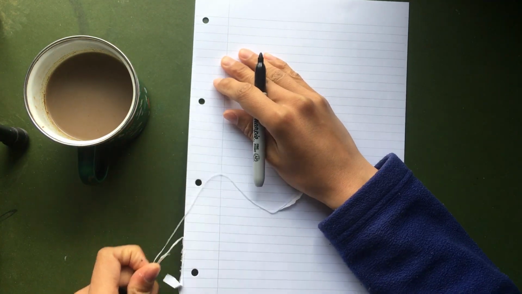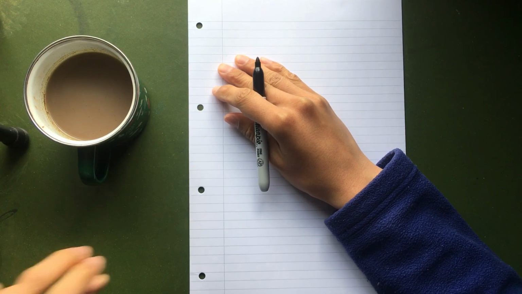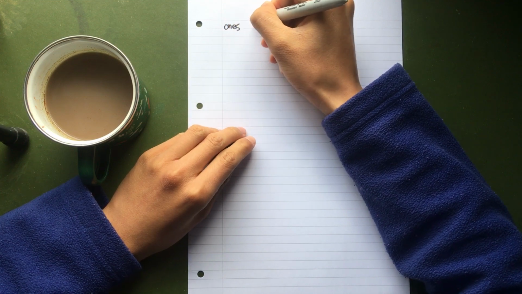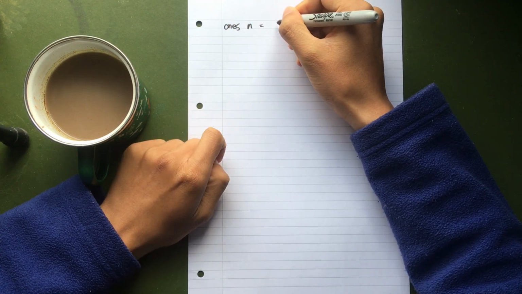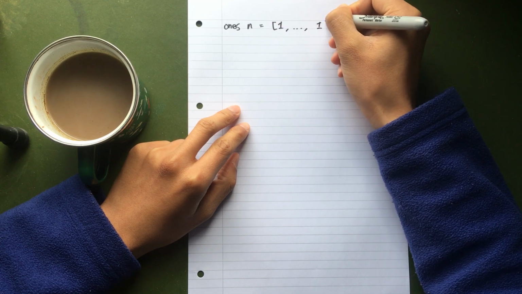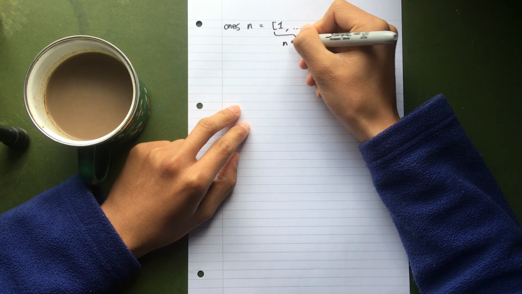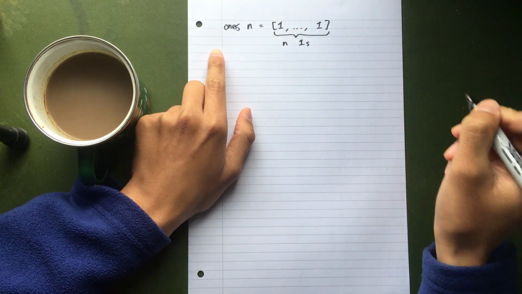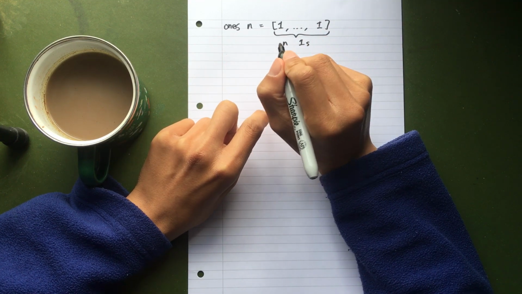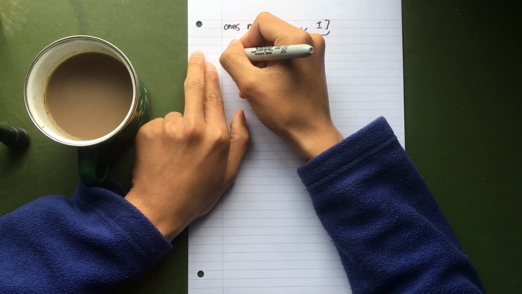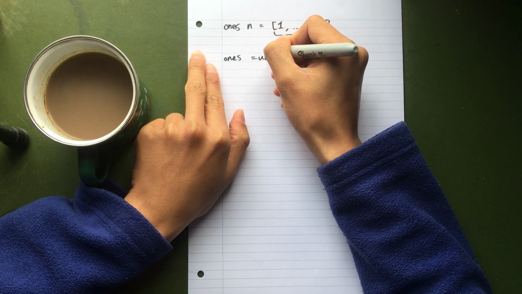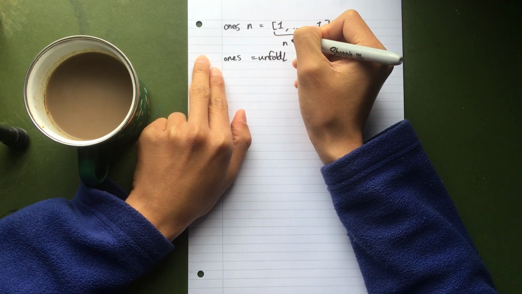Let's think about some examples. One I like is the ones function. So ones n is going to take a natural number and give us a bunch of ones. Actually, n ones. So this is going to be an unfold from natural numbers to lists. We're going to say ones is going to be equal to unfold L of, if we had,